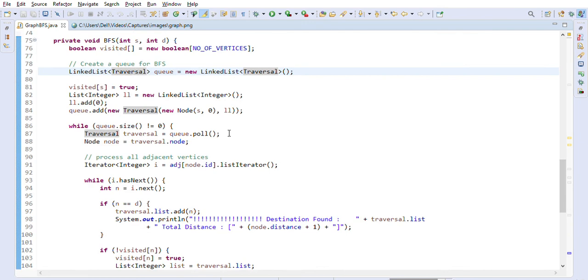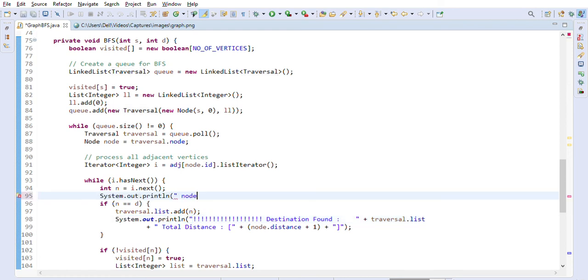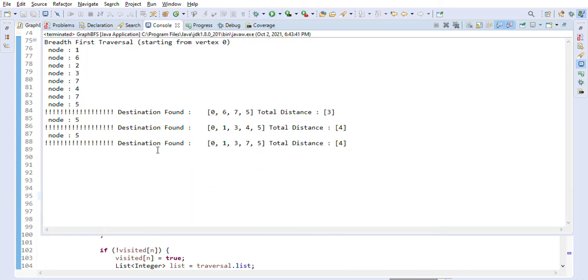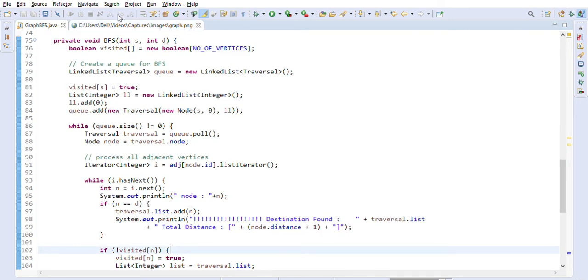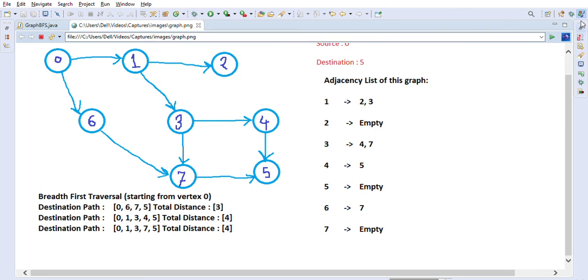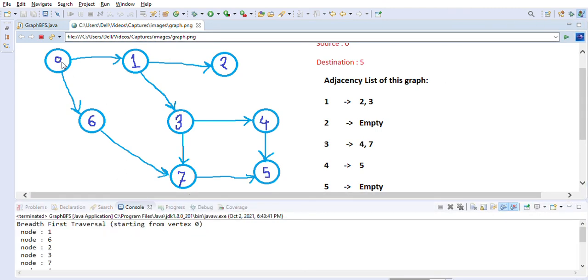So yeah, what else can I show you here. Actually I can just print out what node we are on and how the BFS is going, so you will come to know. So this is the node that we are on in the BFS. So we can just say n here, so I can show you how the node looks internally. As you can see, from 0 you go to first 1, and then you go to 6, right?